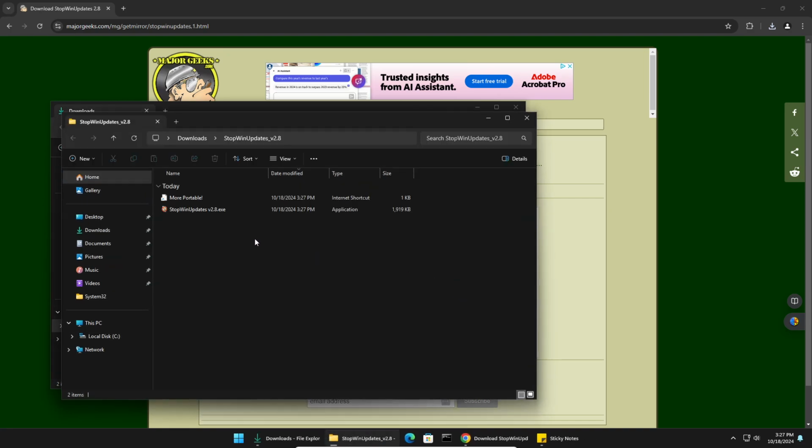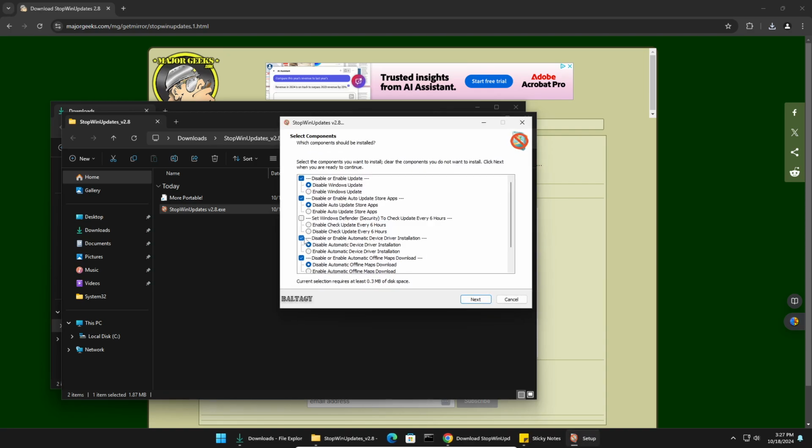So when this program opens up, there is no installer, so this program never needs to be installed in a computer. It's just the one executable file that you run. So we're going to run this file, click yes, and then in this list there's going to be a bunch